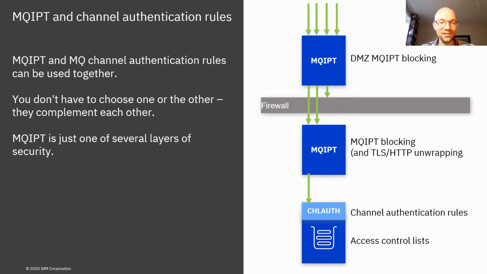That one's not essential. It depends on exactly how you're using MQIPT, of course. It's just an illustration on this slide. But in conjunction with that, you may very well also want to use channel authentication rules in your queue manager,